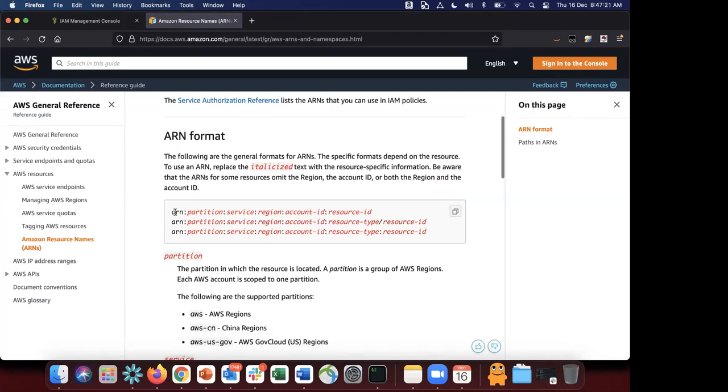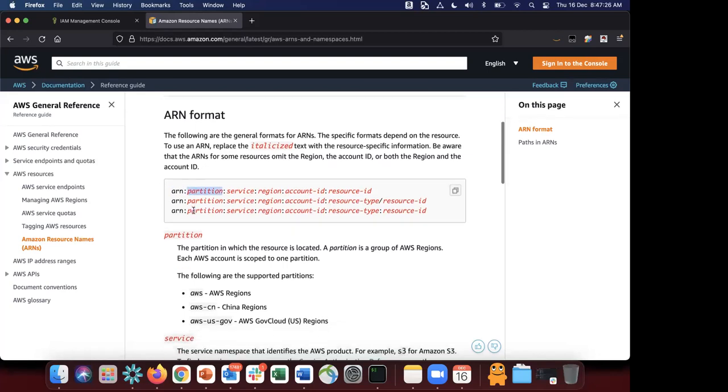It has a specific nomenclature and a notation that it follows. It starts with ARN, which is just plain text. And you have something called a partition. A partition is nothing but, if you see AWS, it's all the AWS regions that you see, except the China region, right? Because China has got separate policies, that's the reason China is separate. But otherwise, all the other regions other than the China region are identified by just AWS. So if you see AWS-CN, it means it is one of the China regions. Then if you see